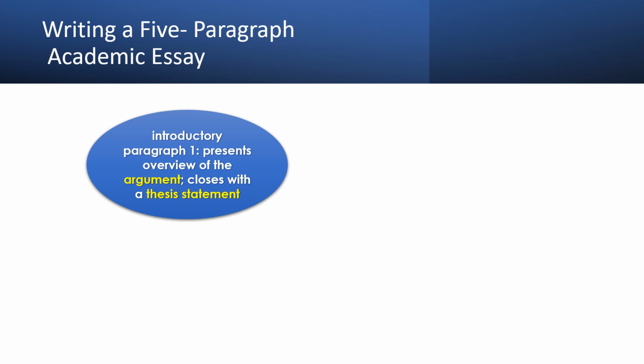After learning how to create an outline, how to write a thesis statement, and what an academic essay is, we now proceed to the last part of the lesson, which is the writing of a 5-paragraph academic essay. But instead of showing you bulleted items, what I will show you here is a flow chart that will illustrate how to write an academic essay. So the first thing to do is, of course, to prepare your thesis statement, which would appear in your introductory paragraph or the first paragraph.